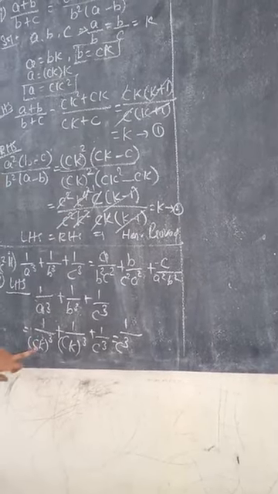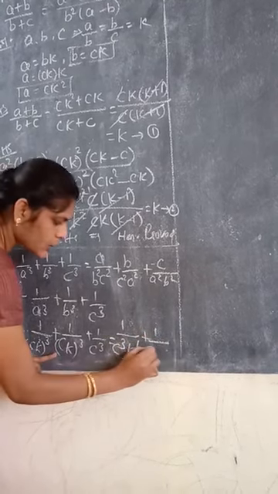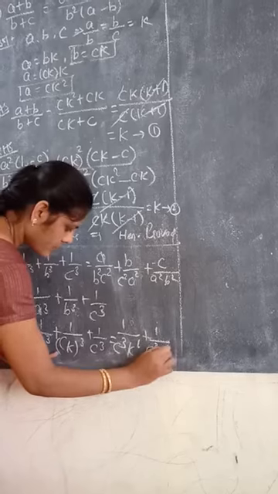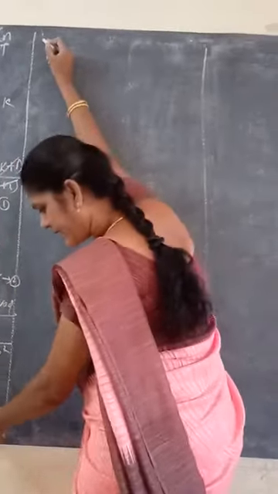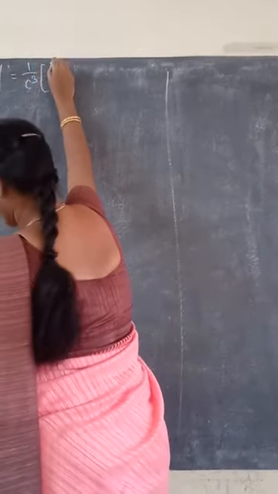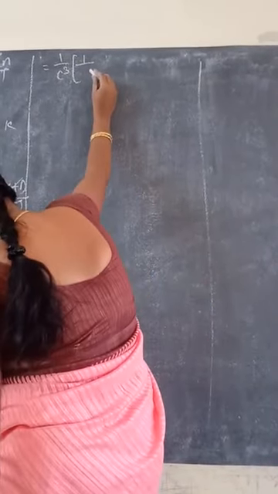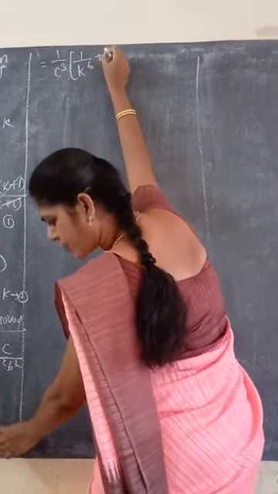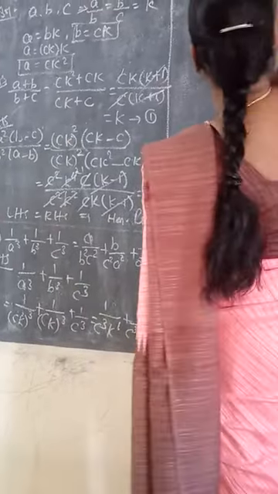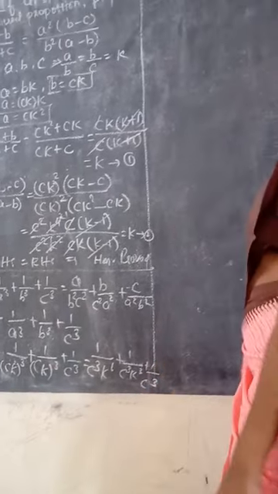Already we have k square into cube, k power 6 plus 1 by c cube k cube plus 1 by c cube. Next, in this take 1 by c cube as common. So what is the remaining thing? 1 by k power 6 plus, we took 1 by k cube as common, remaining 1 by k cube plus this is the term 1. Take this as equation number 1.